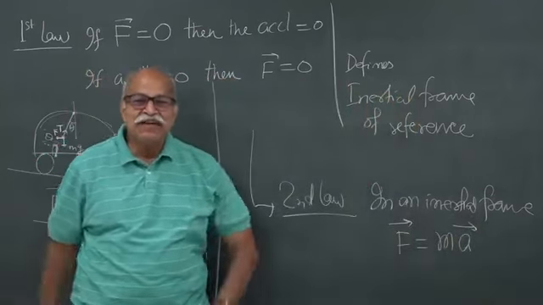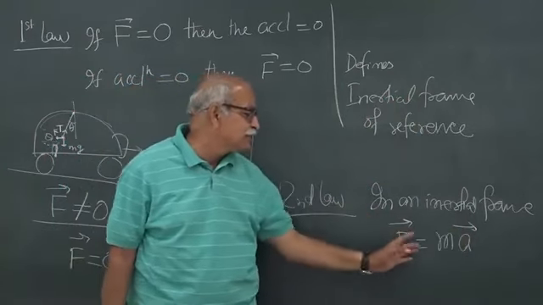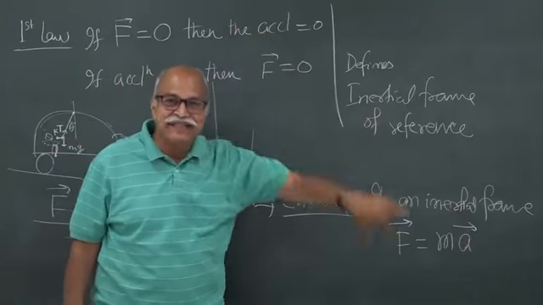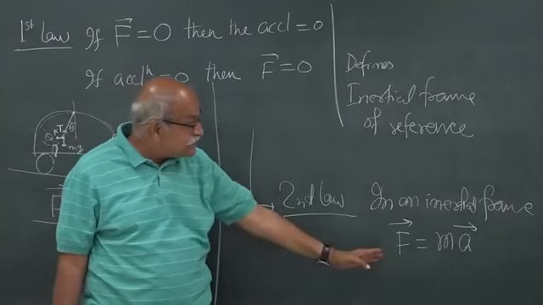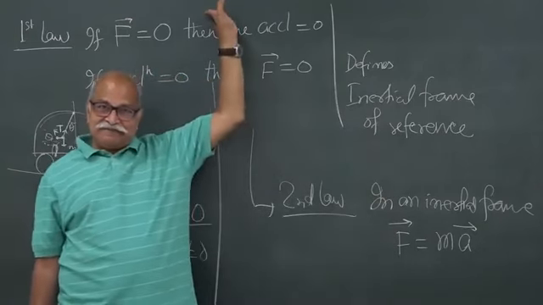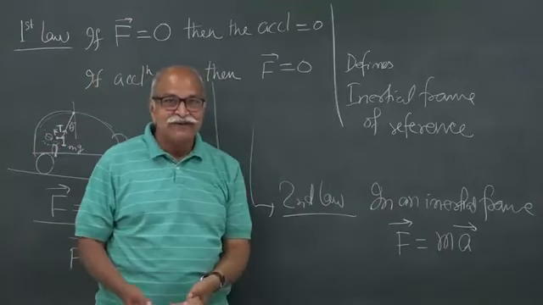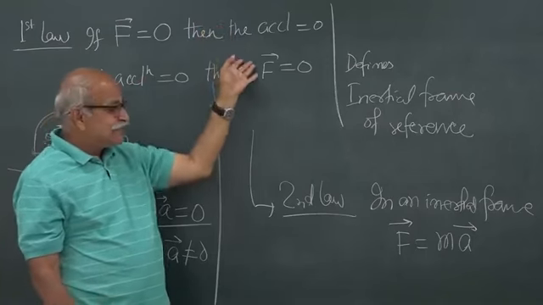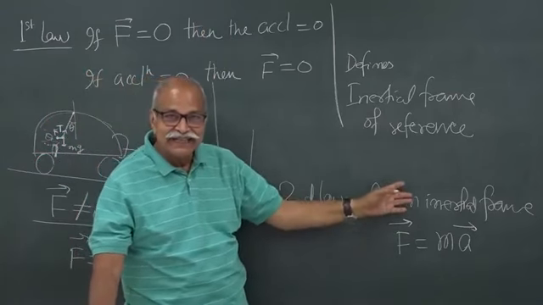So, many times people say that, okay, why first law? From the second law, put A equal to 0 here, F will be 0, and that is the first law. So, first law can be derived from the second law. That is not very true, because this is also valid in an inertial frame, but what is inertial frame? That comes from the first law. So, first law has its own independent significance, and once the inertial frame is checked from here, then we say that, okay, in that inertial frame this will happen, and that is our Newton's second law.